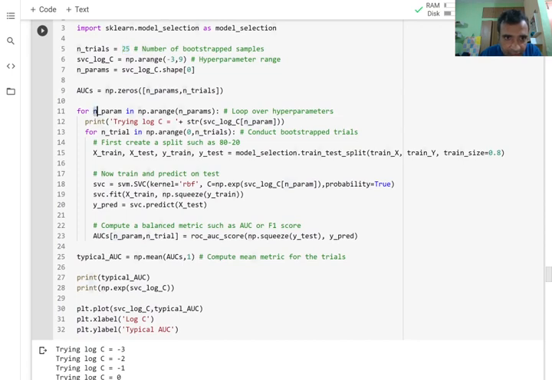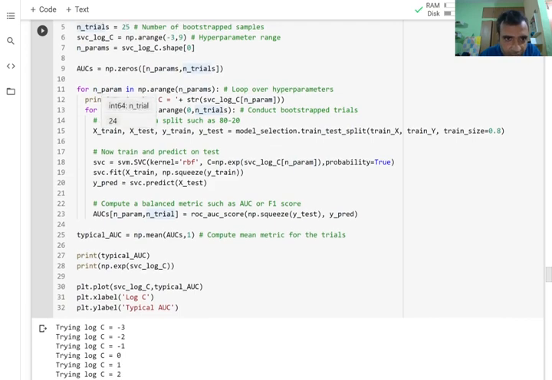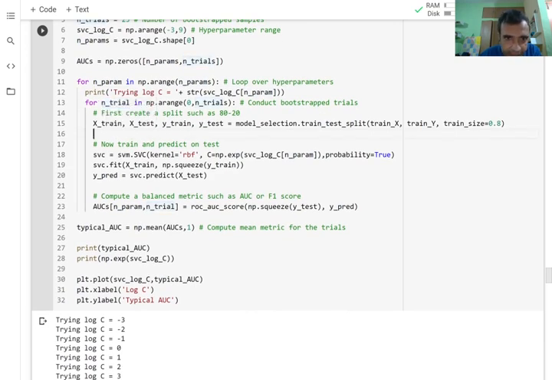So now I have parameters in this entire range from -3 to 9, and I'm trying different log C's. For each value of C, I will get into a trial, and in that trial I will split the data in the ratio of 80-20. 80% will go to training and 20% will go to testing. Actually it's validation, not testing, but I'm just calling it testing here. First I fit the model.